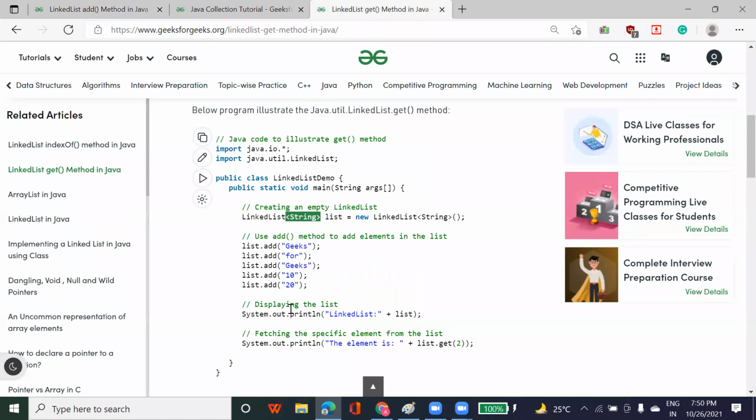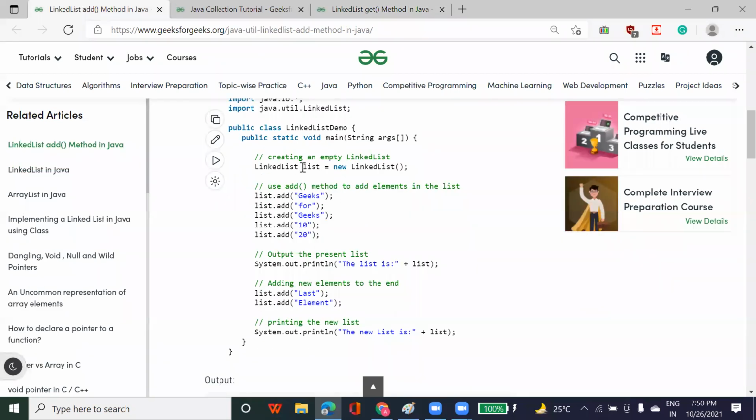When we add a string, I'm adding all string data, so it will accept all the data as a string. But if you do not add anything here and you just write list, you can add data of any type as well. Then you can just print it, and based on that you can access it.